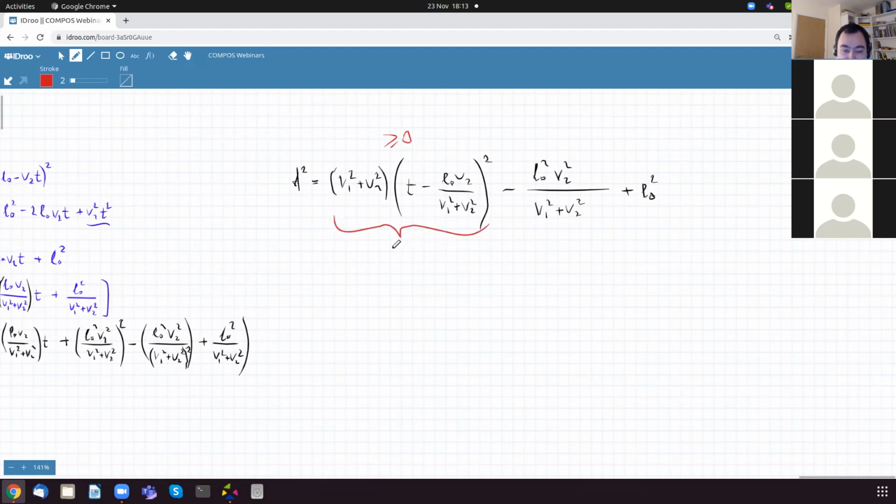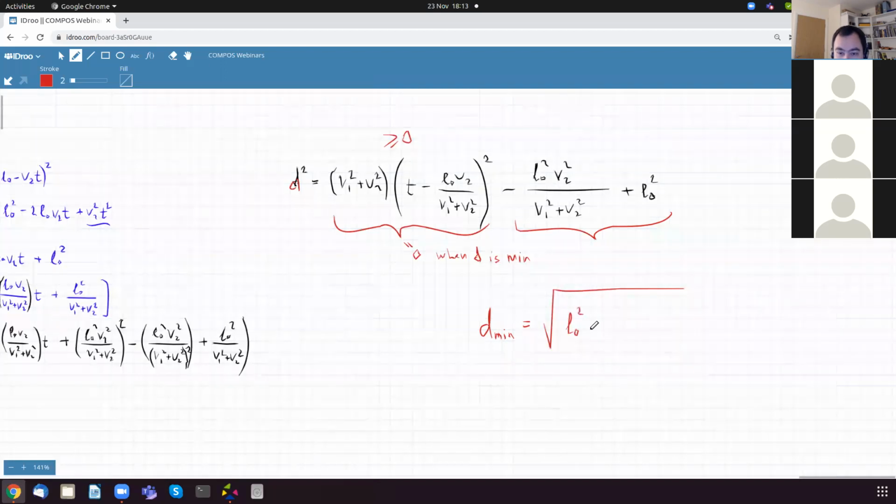So this has to be equal to 0 when d is minimum. Therefore, if this term is 0, this means that this term is the minimum distance. So the minimum distance, d minimum, is equal to this. So square root of